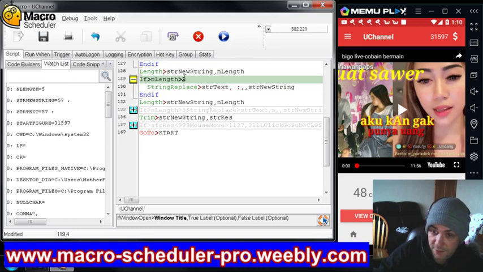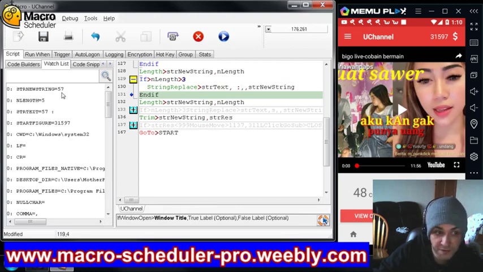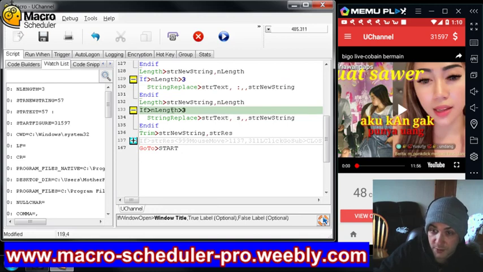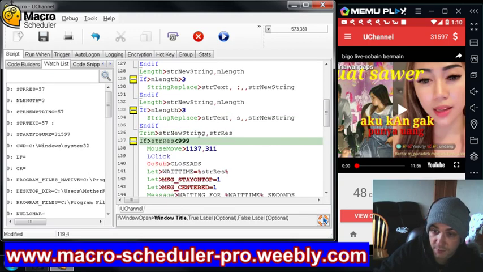If it's 5, so it's greater than 3, so now it's going to try and take a colon out of it, which it did do. It took it out, so we've got 57 left up here. And then we measure its length again, so its length is 3, so it just continues on, and it leaves 57 as 57. It then trims the new string just to make sure that there's no spaces on either side, and then it asks, is the string, so it is 57, less than 999, and it is, so it'll go